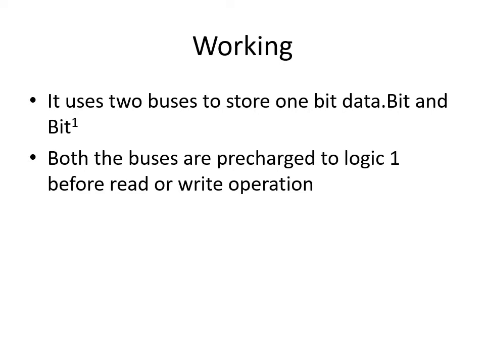So in case of the write operation, first both the lines will be pre-charged to logic 1, and then the data is written through the input output bus. Okay, and for the read operation, there also first the bit and bit bar both are pre-charged to logic 1, and then based on the bit 1 and 0, if 0 is present then that line will be discharged. Okay, so we need both the bit as well as bit bar line.